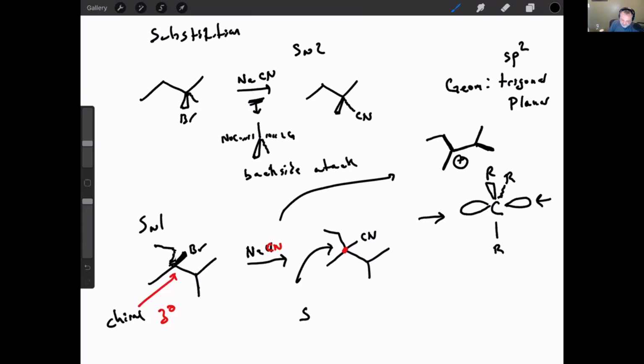So now, knowing that the nucleophile can approach from either direction, what's the actual stereoisomer that forms? Is it S? Is it R? Or is it both? Yes, it is both. Because the nucleophile can attack from either the back side or the front side, I actually get both versions of the stereochemistry. So I get both the S and R configuration. This is called a